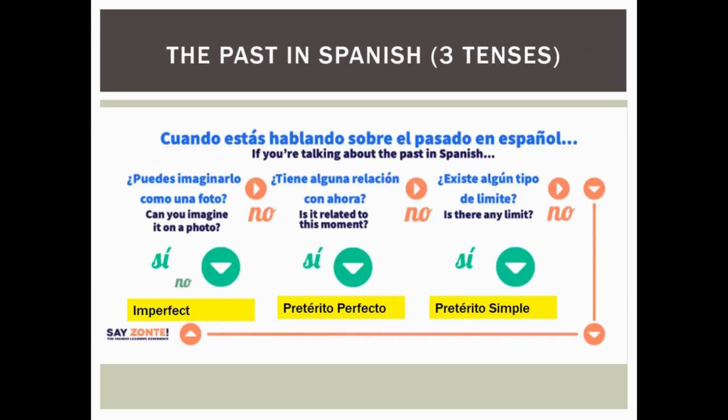Let's finalize reviewing the 3 tenses that are related to the past in Spanish. Well, if you can imagine something that was happening in the past, like in a photo, you usually use the imperfect. The imperfect tense will be used. Something like, we always used to walk to school when we were young. Or when you use the past progressive, like, we were always walking to school. That would be imperfect. Now, if you have a specific time, like yesterday, last week, last year, finally, or something sudden that happens, we generally use the simple